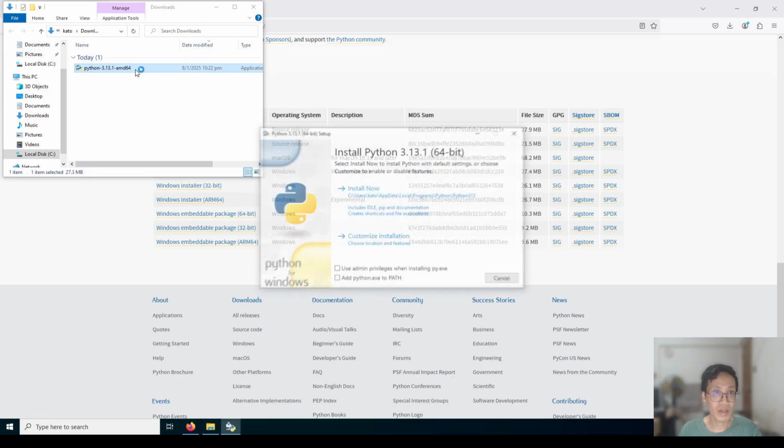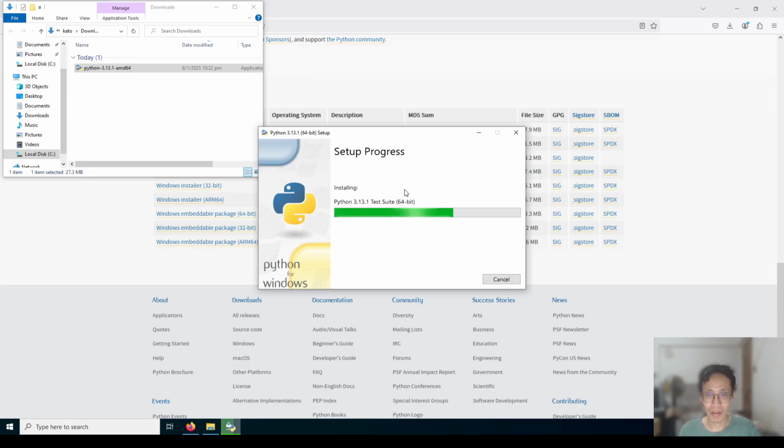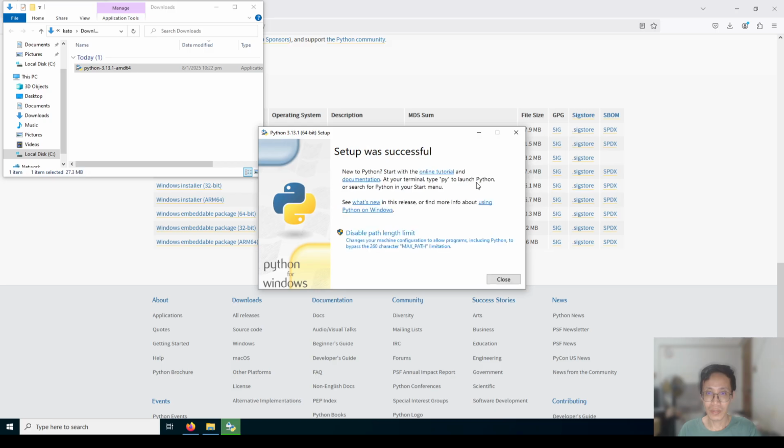The Python file. Okay, one very important thing: make sure you check the add python.exe to PATH checkbox. This is a very important step. Then now we click on install now. Okay, so we see that the setup was successful. So we can click on